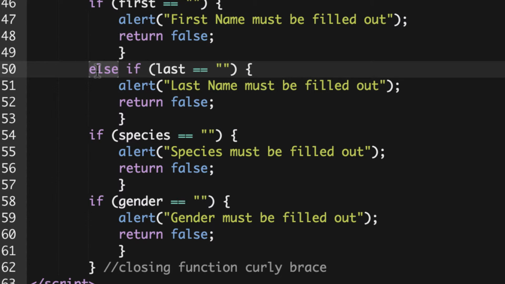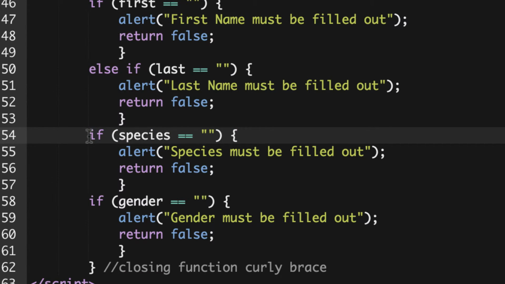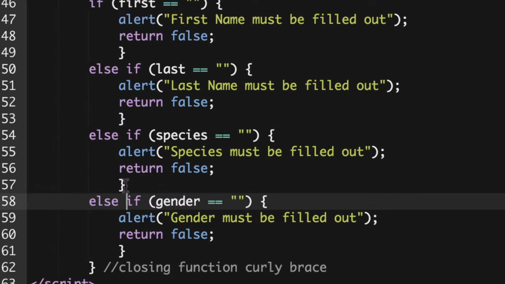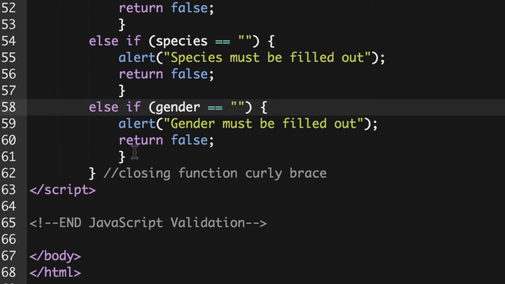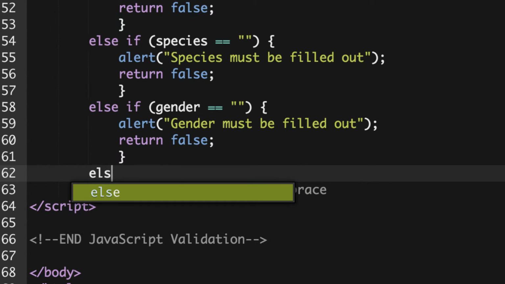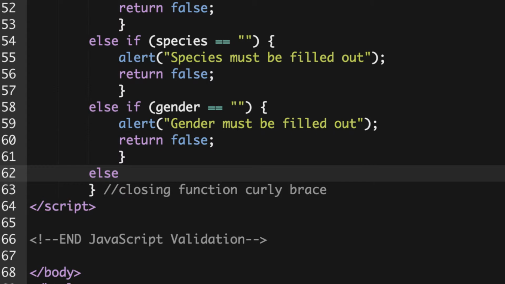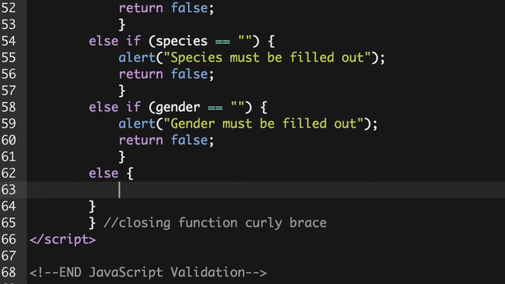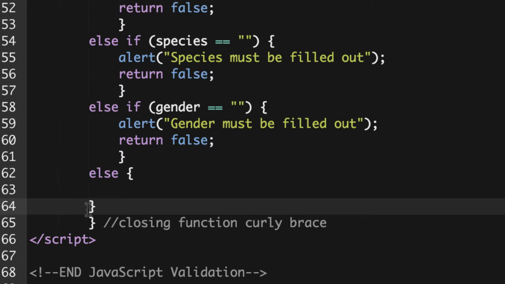And once I do that, I'll copy this. For all the other ones after the if, I'll put else if and put a space. So it's else if and a space in between. And then the very last one, I'll do one more and I'll just say else. Else is just the final condition, and there's no real condition there. You don't put a condition, but notice that I'm putting 2 curly brackets for else, and what's going to happen